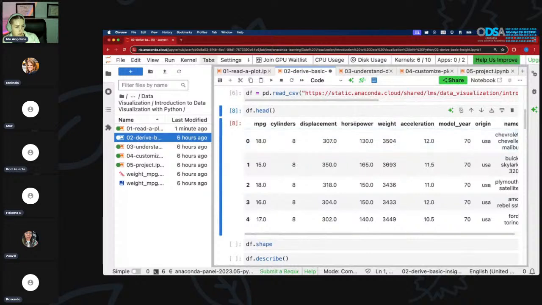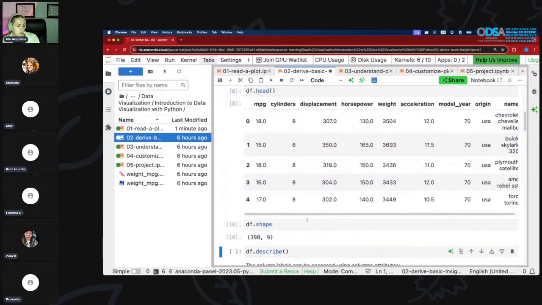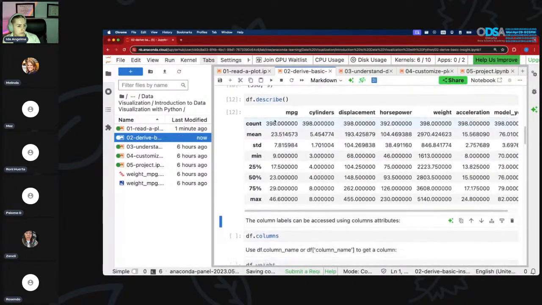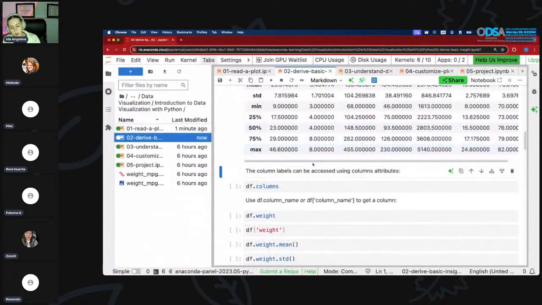So dealing with different cars, what their MPGs, cylinders, origin, whatnot. Give a shape, and they describe. So this is what we were doing previously, using count, mean, standard deviation, minimum. And that just helps you figure out what you want to start